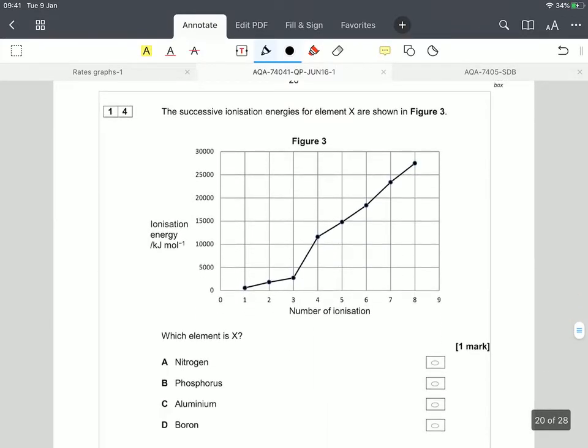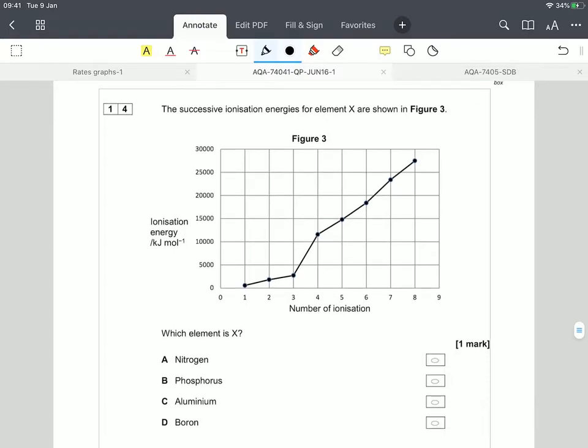Lovely. The successive ionisation energies for element X, which obviously is not an element, right? It's just a placeholder for something that we're about to identify, are shown in figure 3. So, if we look at this, what we have is a lowish number, an increase to a still fairly low number, a similar sort of increase, and then a red flag again. This big jump here is a change in energy level, not just a change in sub-level, but a change in